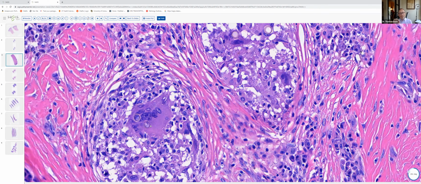Now, Cocci is caused by an extremely large fungus. It's about one of the largest fungal organisms that we see in dermatopathology. The spherules tend to be in the size range of about 10 to 80 microns. And in most tissue sections, you've got a ready-made ruler in that if you can identify a lymphocyte or an erythrocyte, these cells have nuclei that are about 5 microns in diameter. It's good to commit that size to memory, because then when you find an organism, you can compare it to the size of the lymphocyte, and you can see these spherules are in the 20 to 40 micron range,